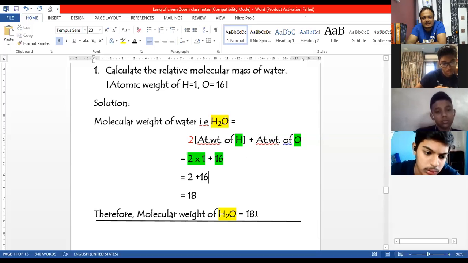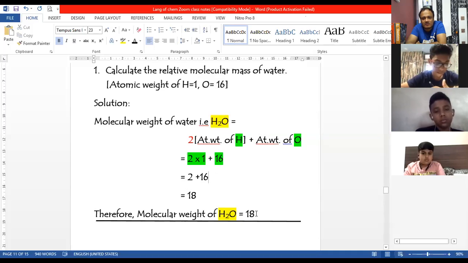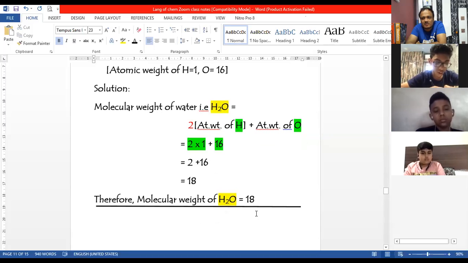I hope this is clear. It's a very simple numerical. There is nothing complicated in this. So I hope you understood this. If there is any doubt, please raise your hand. Not on the screen, the other raising hand, so that I can take care of that and then move ahead and give you a question. If anyone has a doubt, please raise your hand, because I cannot see everyone on the screen. So this would be easy for me to find out. Okay, nobody has a problem. Good.